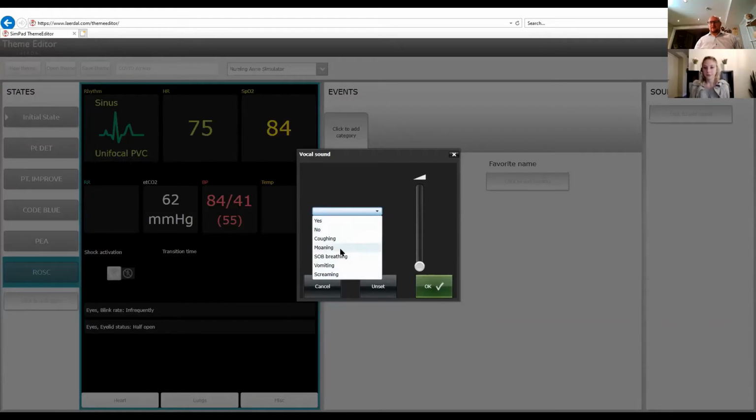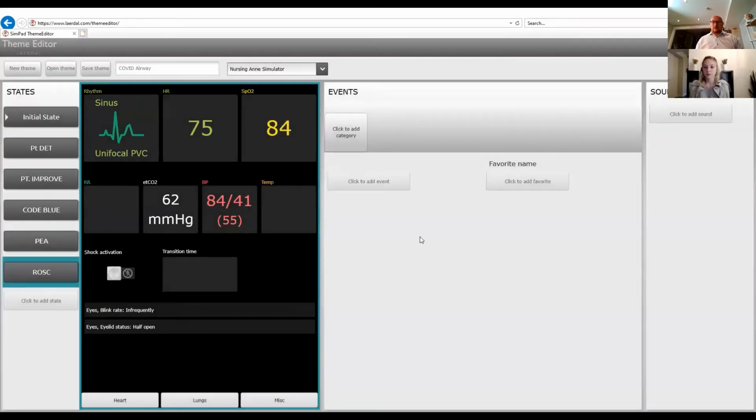So this might be a little bit of moaning, and you might have that frequently or infrequently with this kind of patient. But also remember that you can also have a headset so that you can actually make sounds through your headset that's plugged into your SimPad. And you can also pre-record. So you can actually pre-record and throw those sounds into your session. Now on the pre-record, what it is